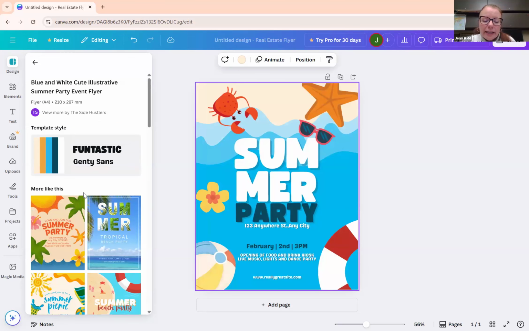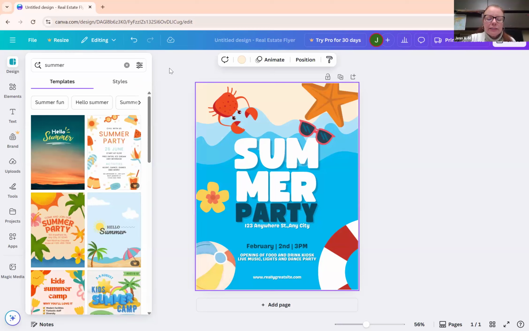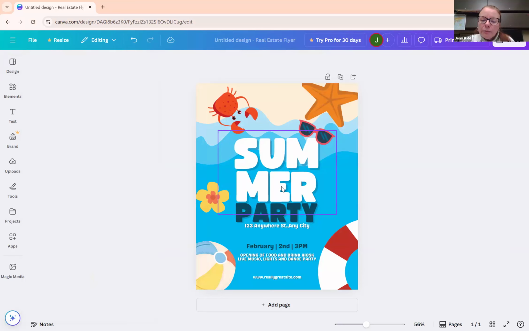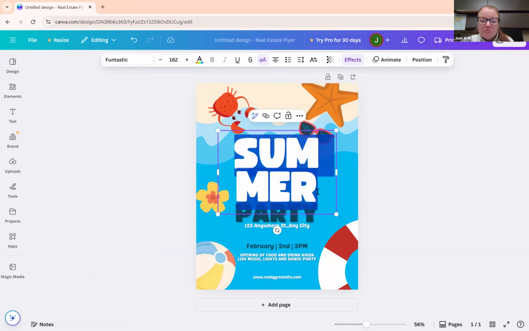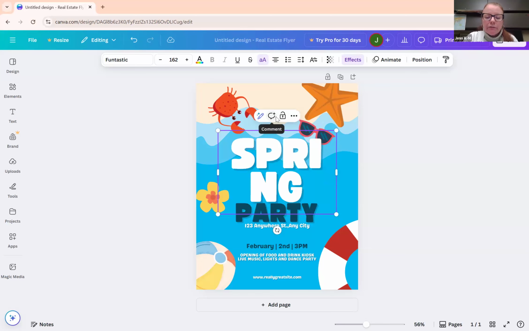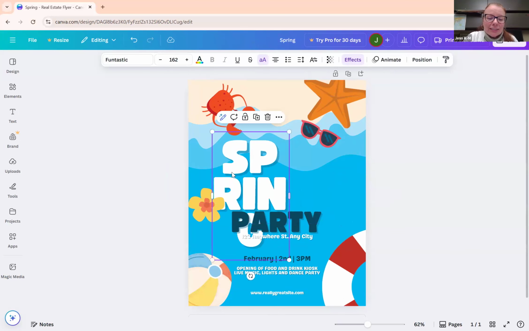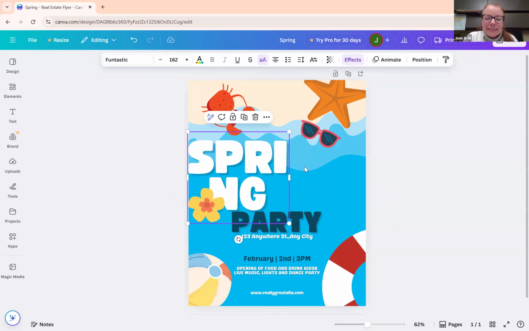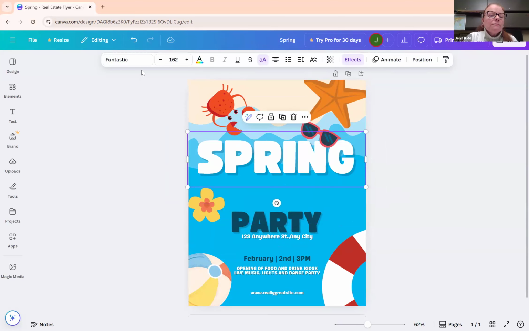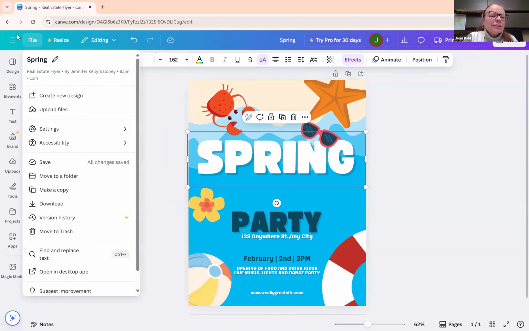Now, there's a couple ways to add text onto the thing you're creating. So I'm just going to minimize the templates here and have my flyer up. There already will be text on a template that you use. You have the option of editing this text. Let's say I decided I like this background, but I want to make it a spring flyer. I'm just going to make that a little wider so spring appears all on the same line. But you can edit the text that is there,